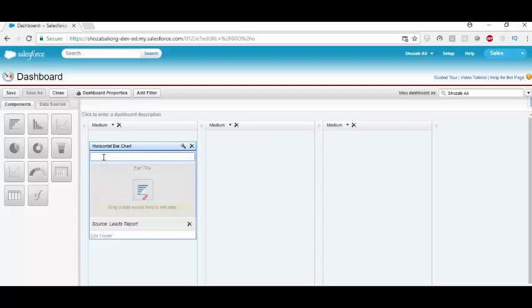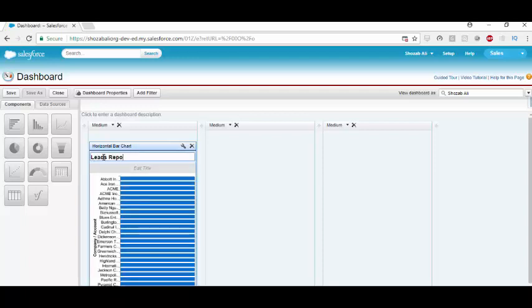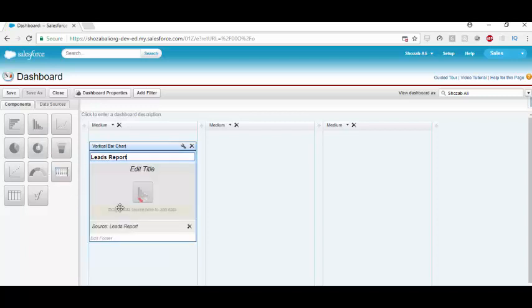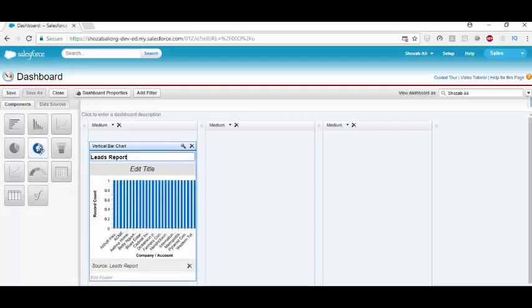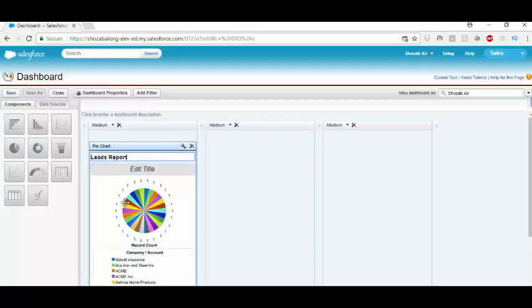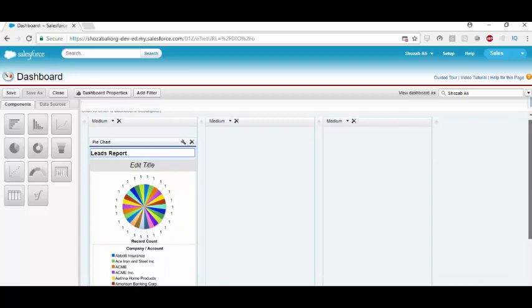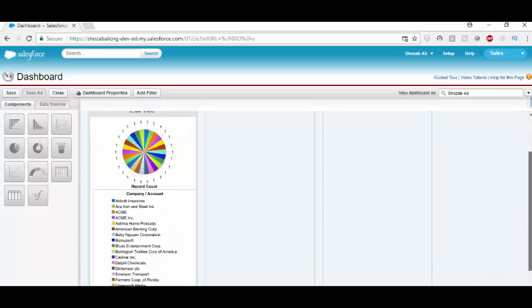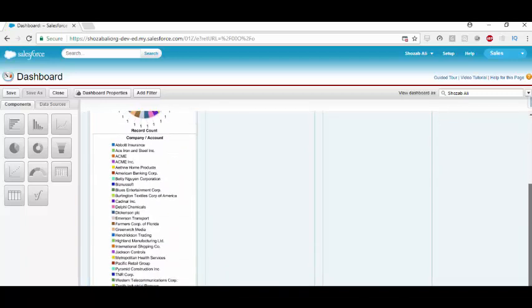There's the header. You can select and write any header which you like. I wrote leads report. There you go. There's the data. You can choose vertical bars, and I can also use pie chart, and there you can see all the details. Let me scroll down a little. This is all the records,